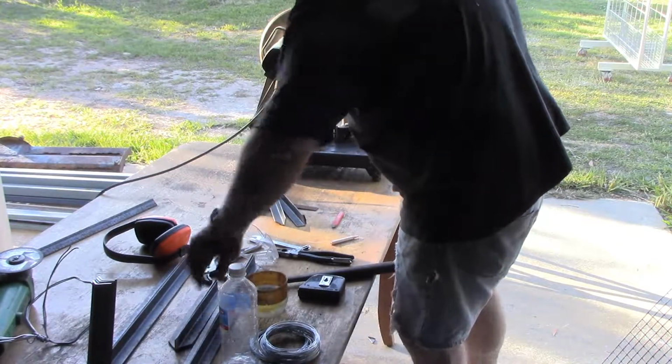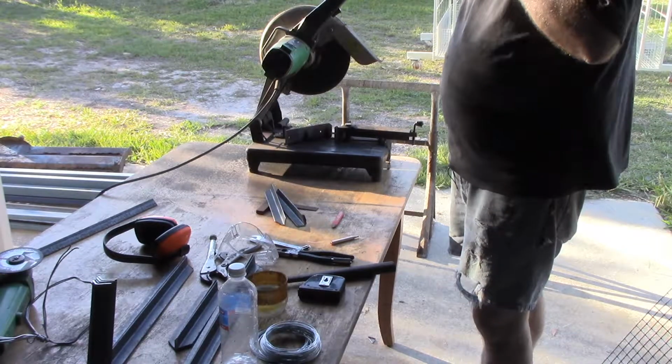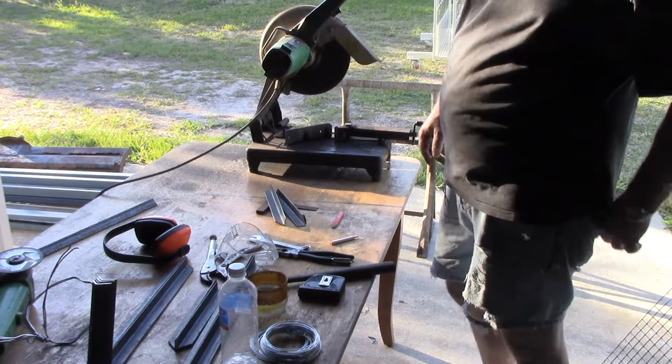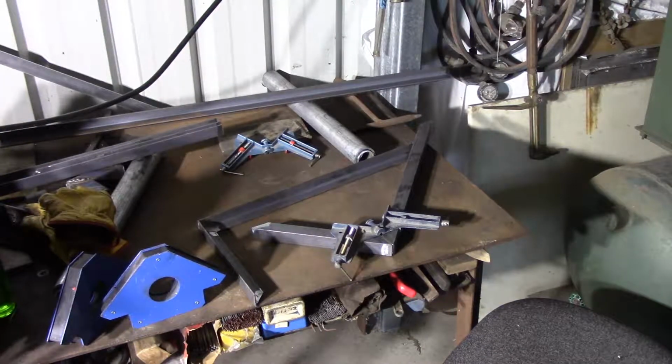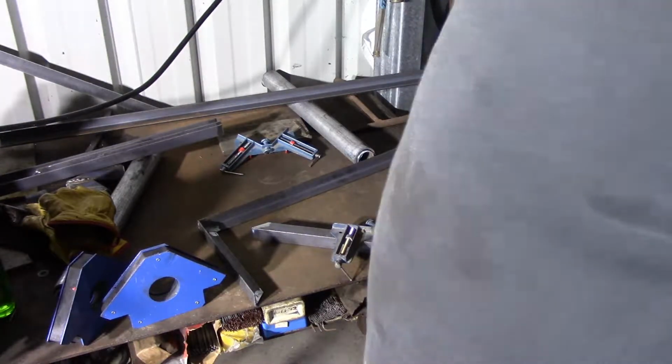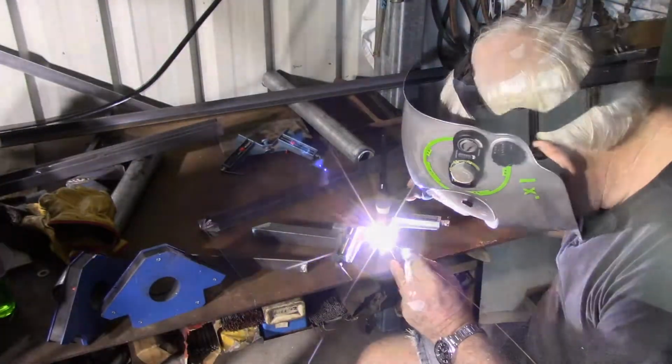Right, well that's all of that cut. I'm a bit short of material, so I'm only going to put 1 shelf in, in spite of the fact that the plans have 2. I've got the pieces for the small table cut up, laid out here, ready to start welding them. So without further ado,